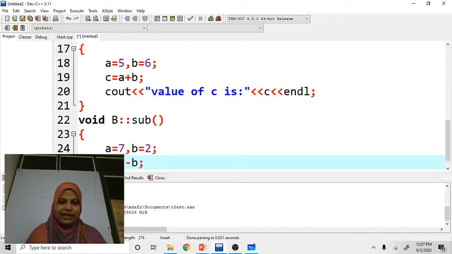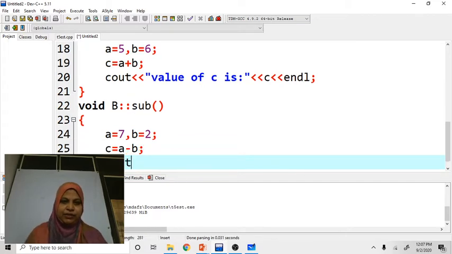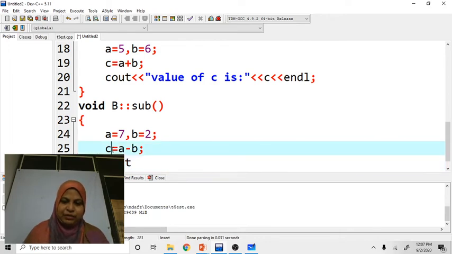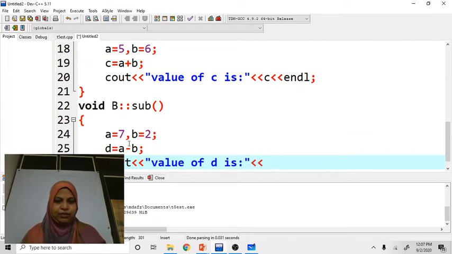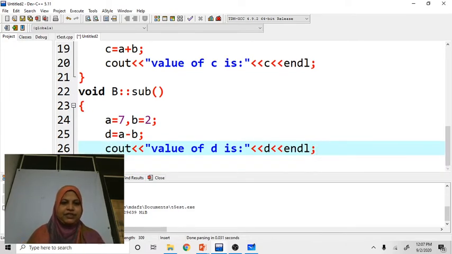Sorry, here I am not going to use c, here I am going to use d. Cout, value of d is, d, endl, right? Sub function is complete.